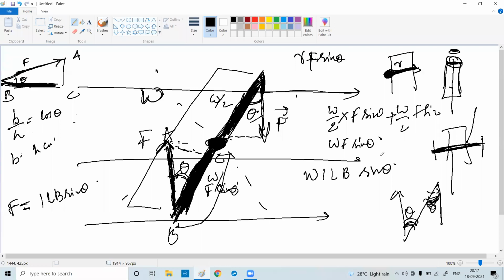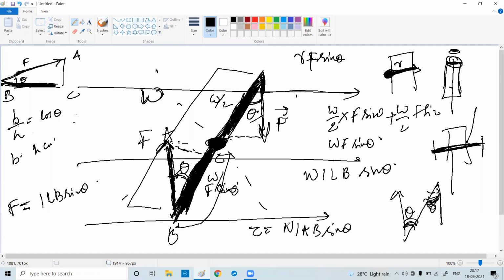What is the length? Length of the armature, or the conductor. Clear? Understood? So what will your final formula look like? Your torque is nothing but NIAB